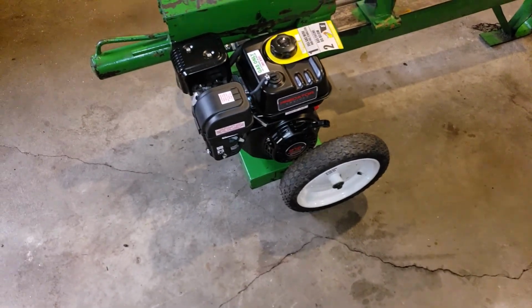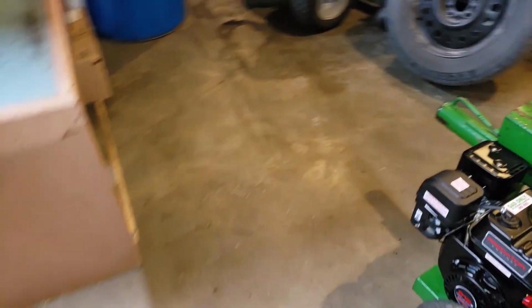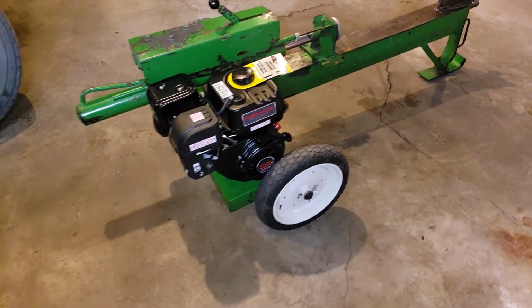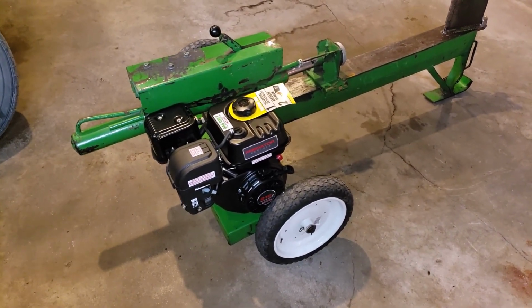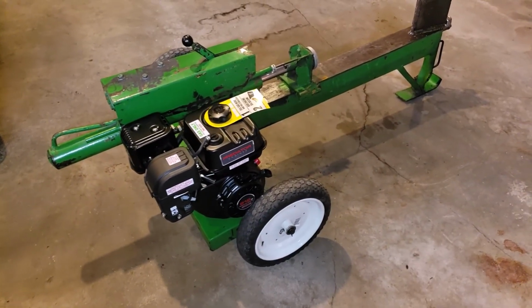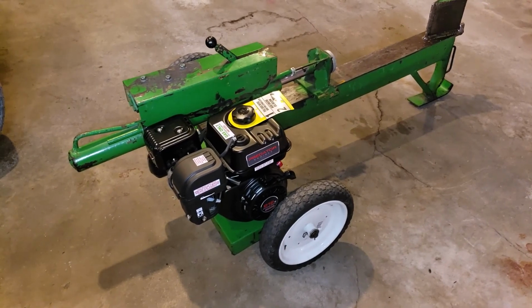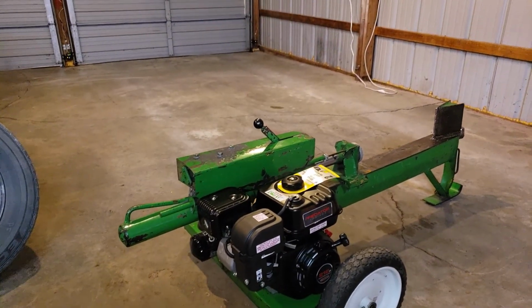So I'm going to place you guys up here, and I'll place you guys up here on the workbench. I'll turn this sideways like that. Maybe it'll be a better view if I place you here on the workbench and just face you that way. Let's see here. Try to not do too much shaking. Oh, you got to be careful here. You don't want to drop your phone, because